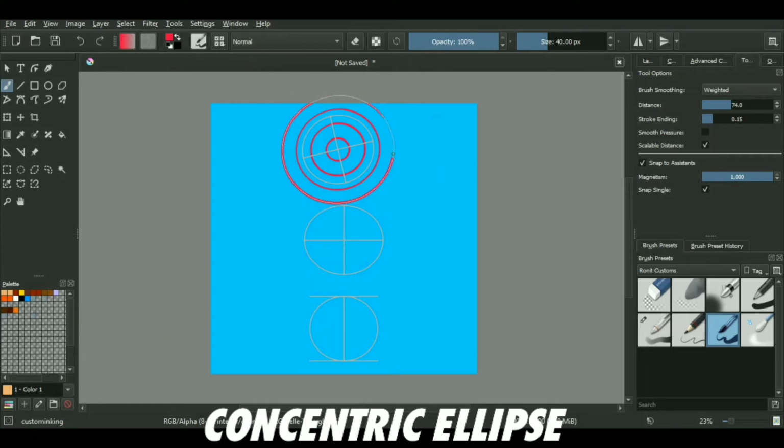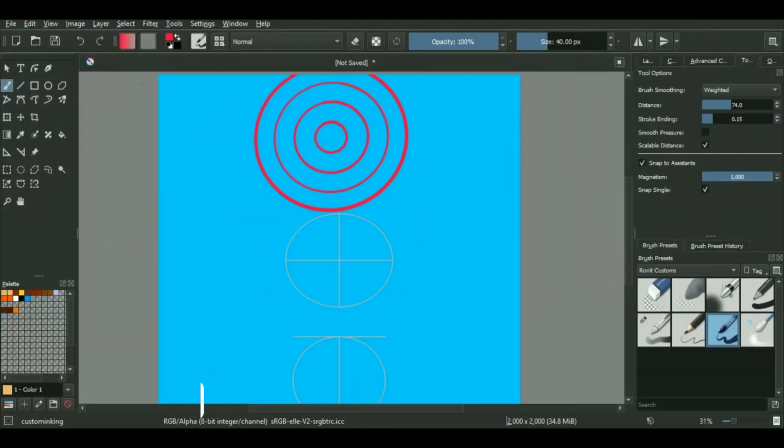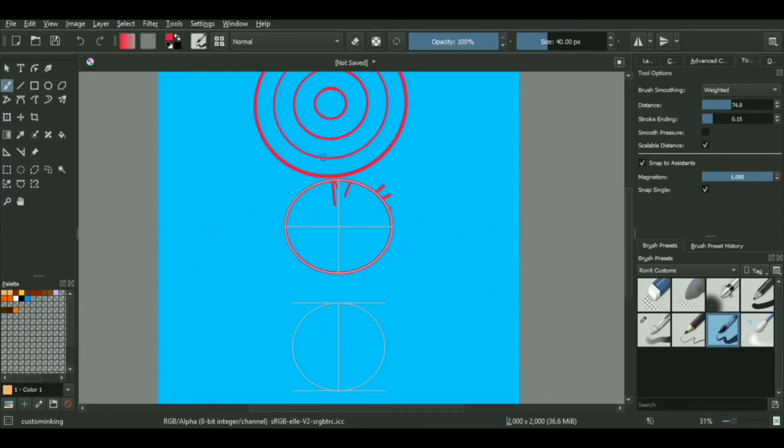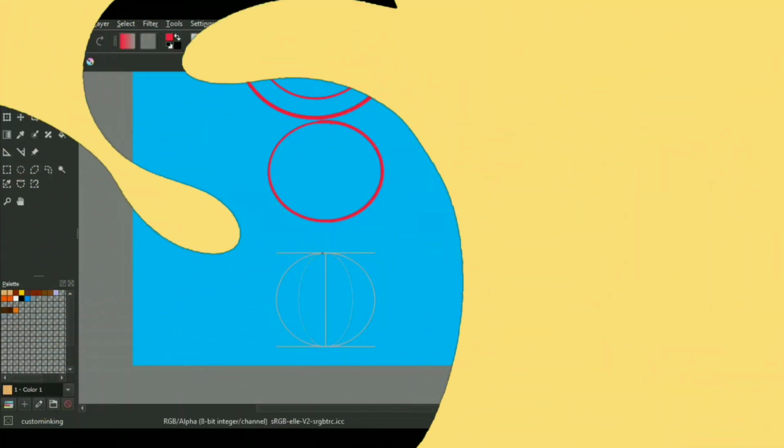The second one is an ellipse tool, a simple ellipse tool, not a concentric ellipse tool. It only allows you to draw on top of your guideline. It's more like a circular ruler, as you cannot change the diameter of your circle, you're just drawing on top of it. So even if you try to draw outside the circle, it will simply drag your brush back to its actual place, the guideline basically.